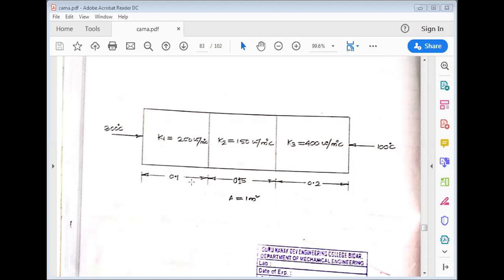The length of the first wall is 0.1 meter, second wall is 0.15 meter, and third wall is 0.2 meter. Area of all the three walls is 1 meter square. So try to solve this problem by ANSYS. So let us take ANSYS, which is